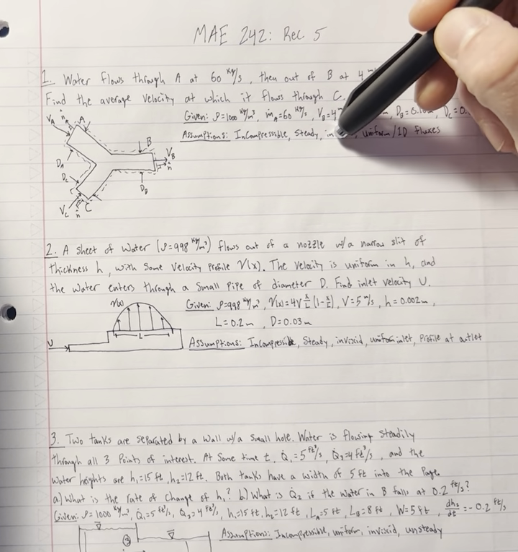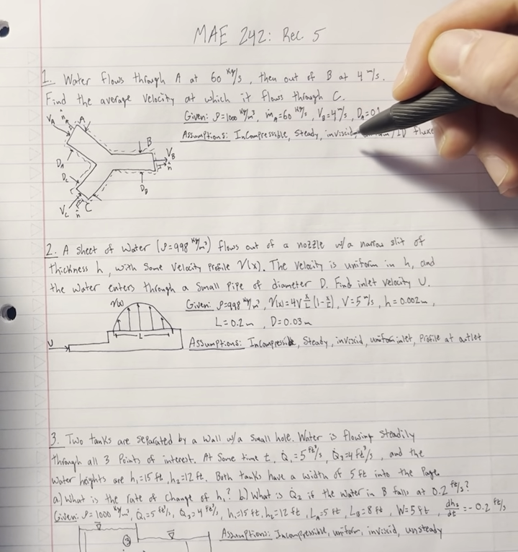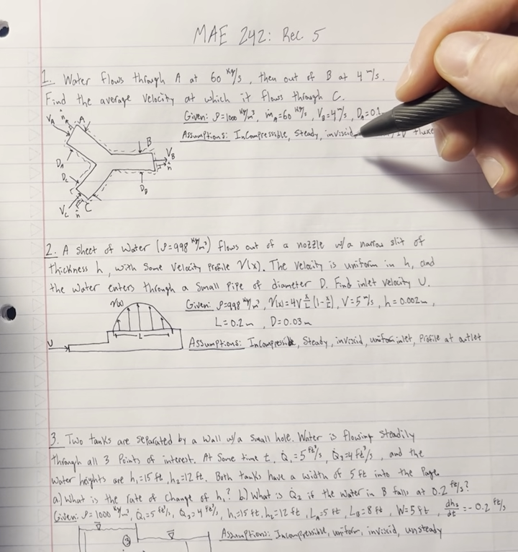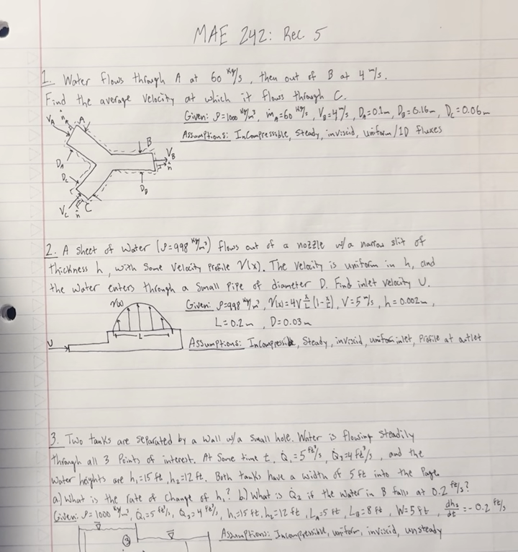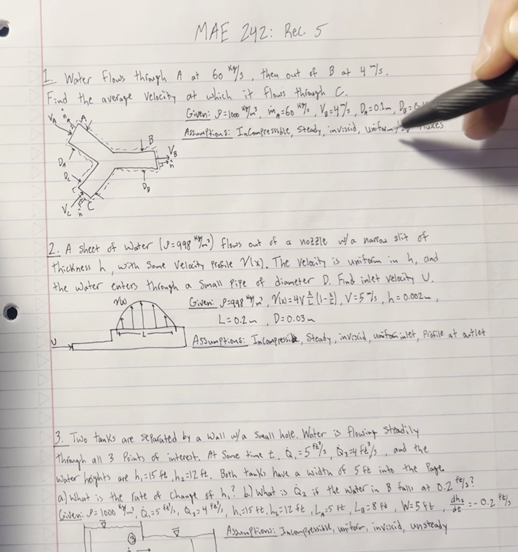Next, not super important for this type of problem, but I wrote inviscid flow, and that just means that we're assuming there's no viscosity effects going on here, which is more important in like a momentum situation. For mass flow, it's fine. And then lastly, the last big one is